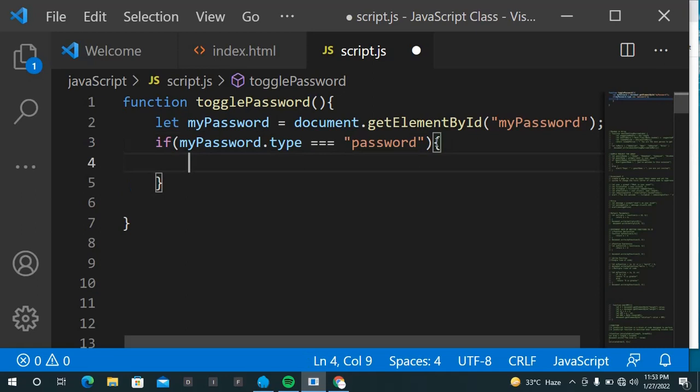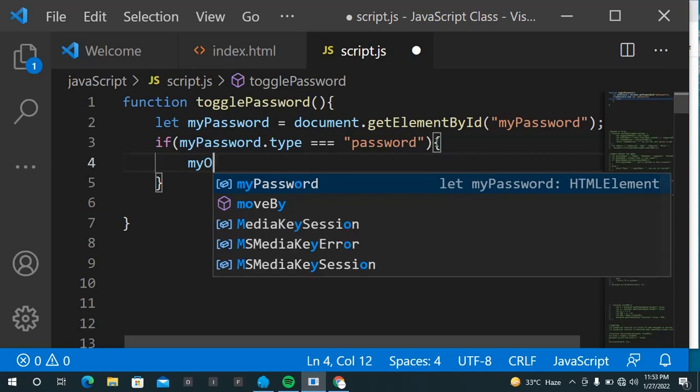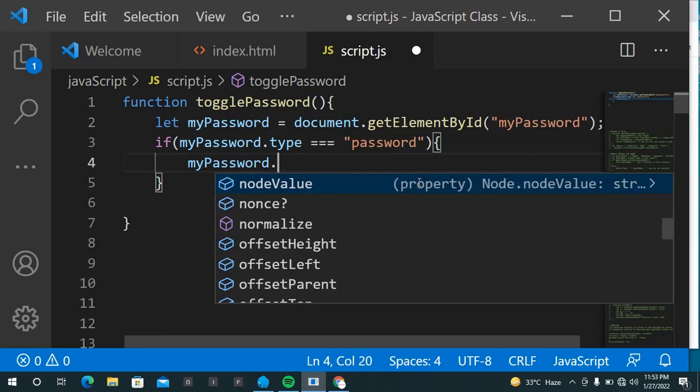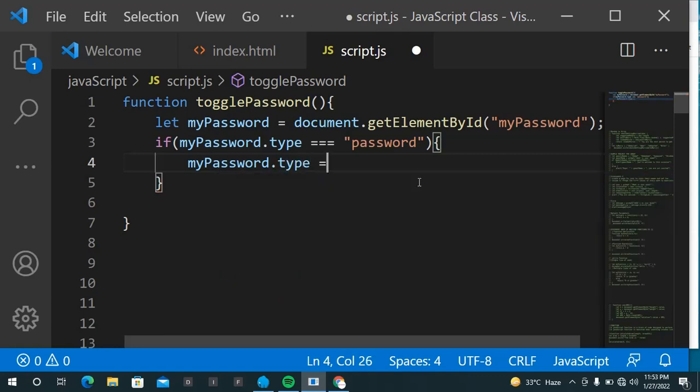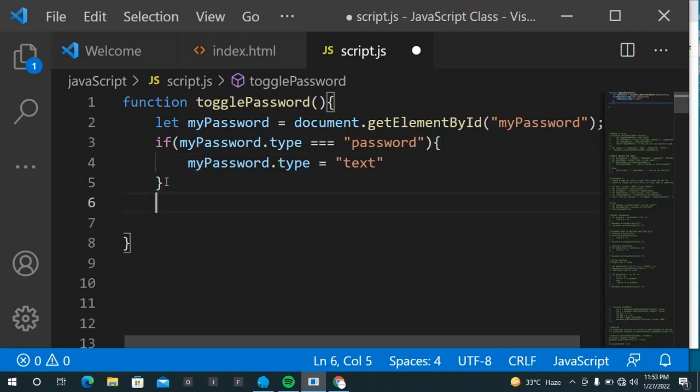so if it is password, then let my password dot type be equal to text. So let it be text. So once it is clicked, then let it be text. Are we following? Okay, so after this now, else, that means if it is not clicked,